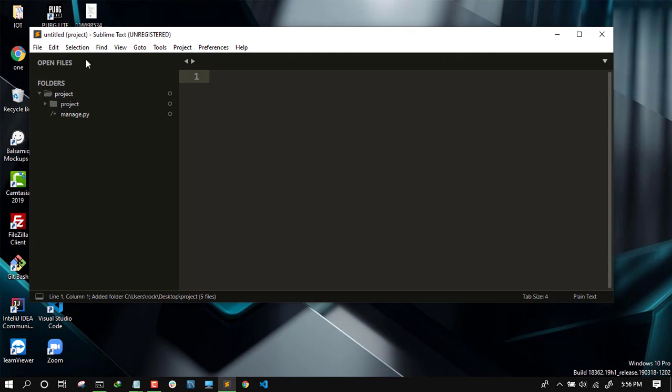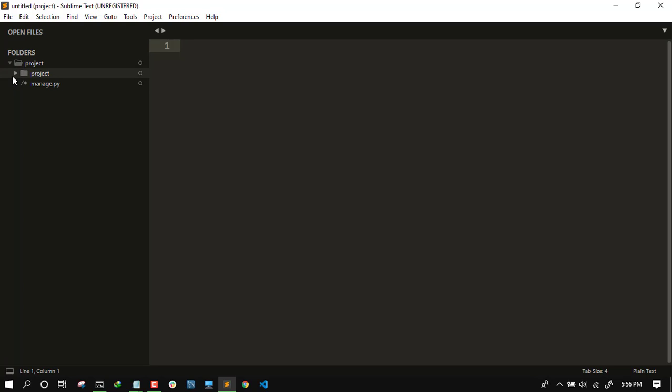I am inside my project which I have created using the command prompt. Here multiple files are present inside a project: __init__.py, settings.py, urls.py, wsgi.py and manage.py. I like to talk about __init__.py first.